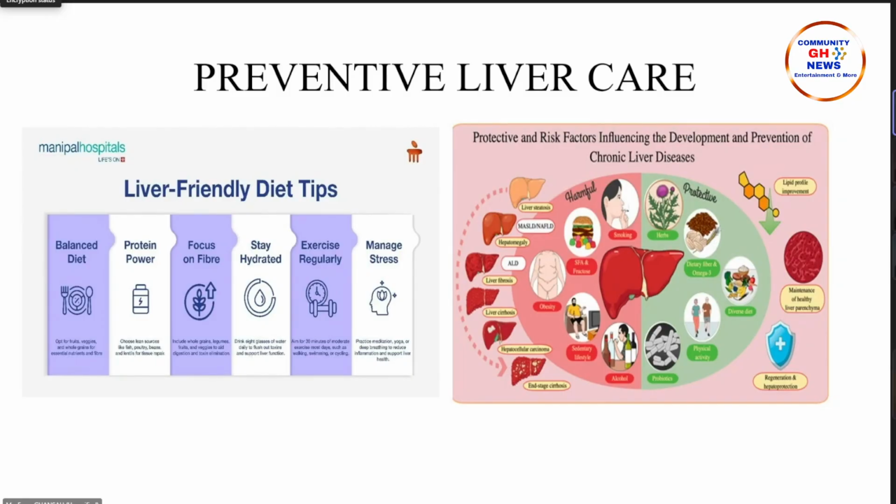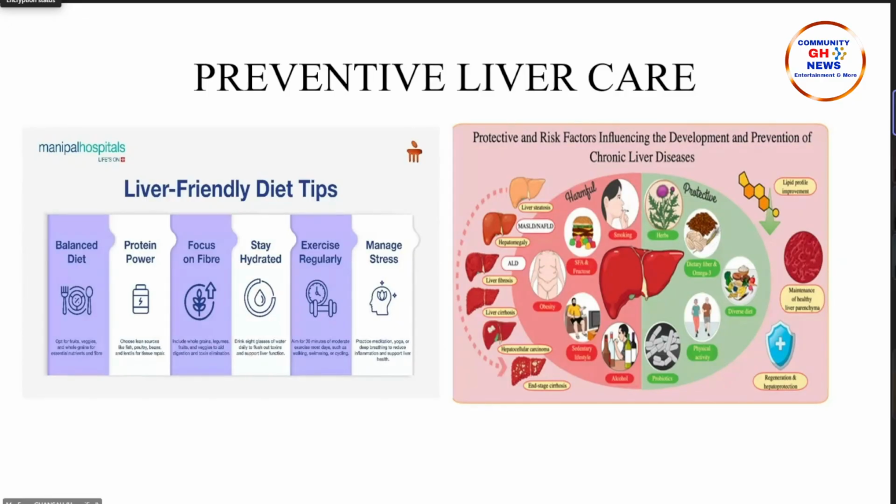Then obviously you have to stay very hydrated. Staying hydrated is not only for the liver, it actually helps with the kidneys. But I think later I'll pose a question to you. Maybe how many glasses of water, or how much water do you think you have to drink in a day? It's also very important, because some people will say, "Oh, I really take in a lot of water." How much water do you take in a day?